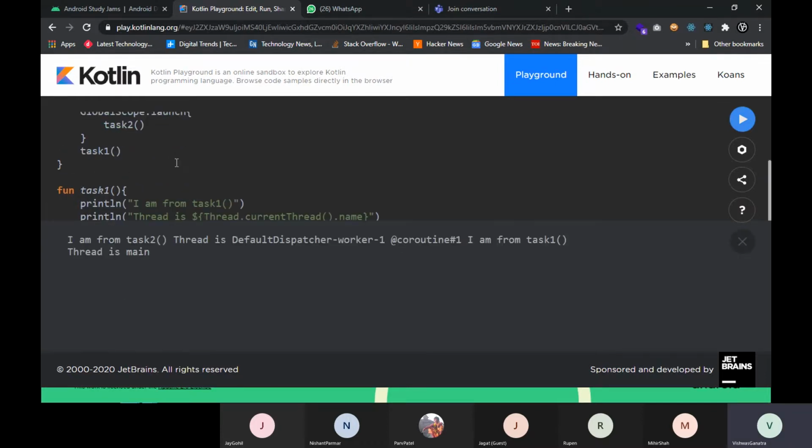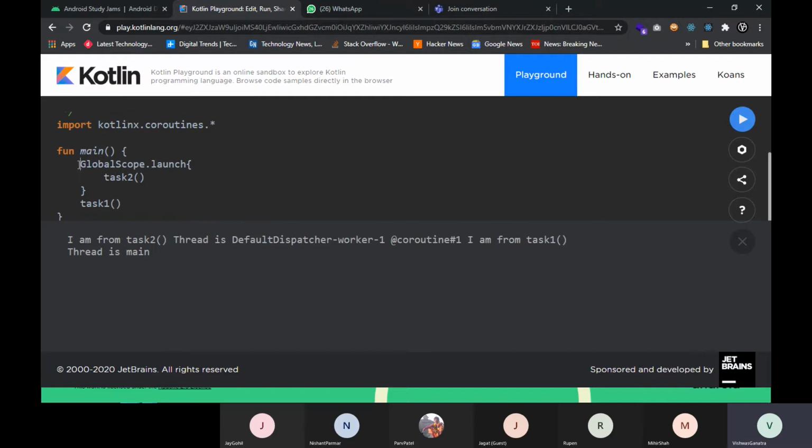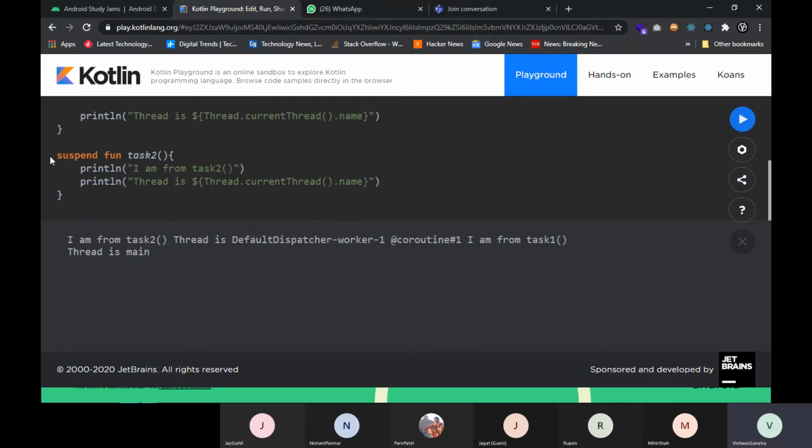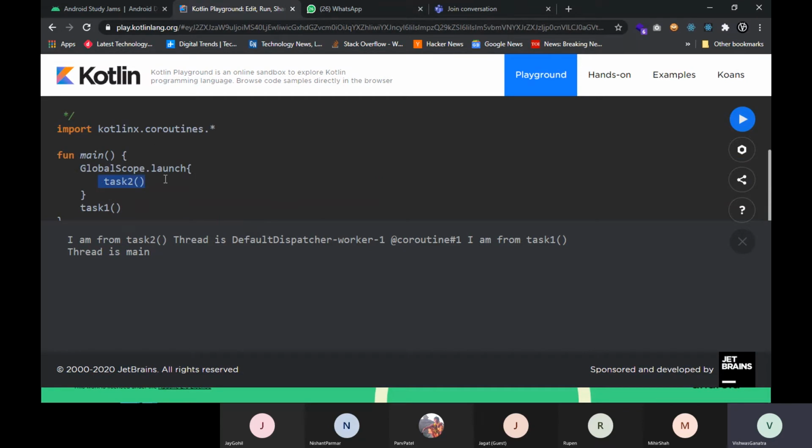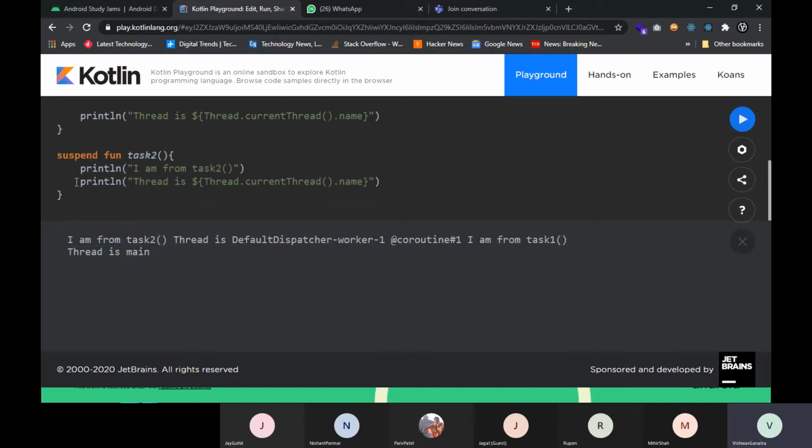Right now you can see we have defined our coroutine, and the suspended function, that is task 2, is called from GlobalScope.launch, that is our coroutine, and the output is "I am from the task 2", and its thread is also printed.